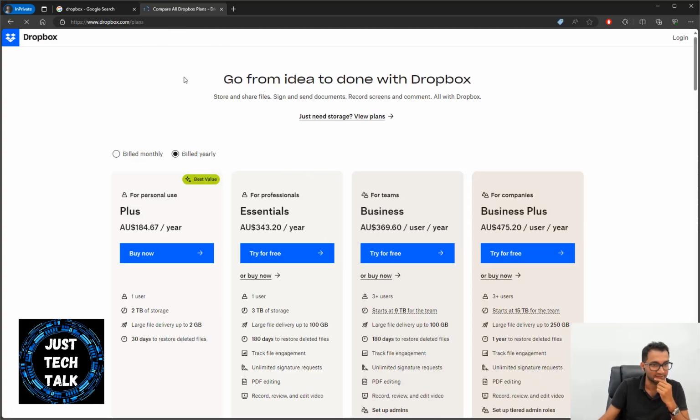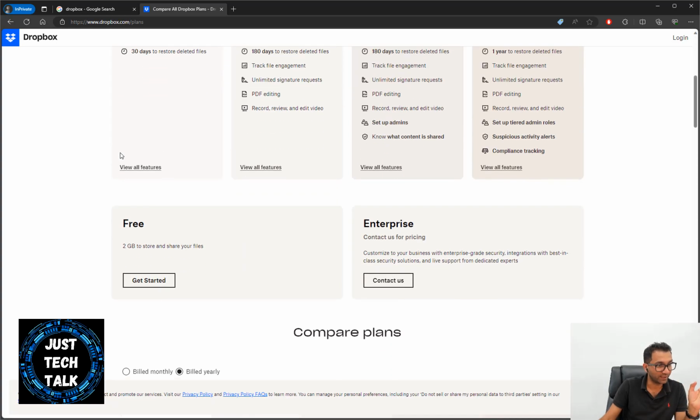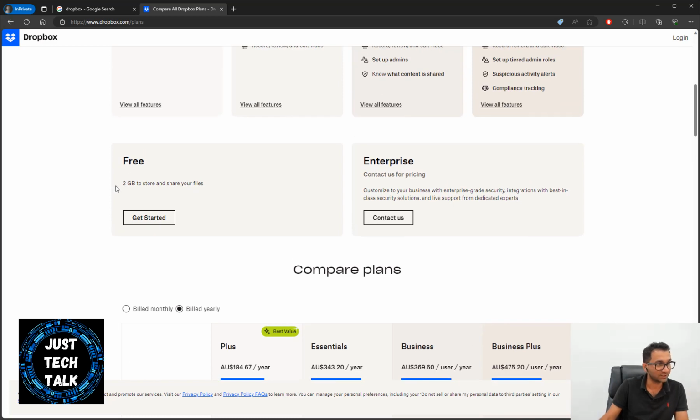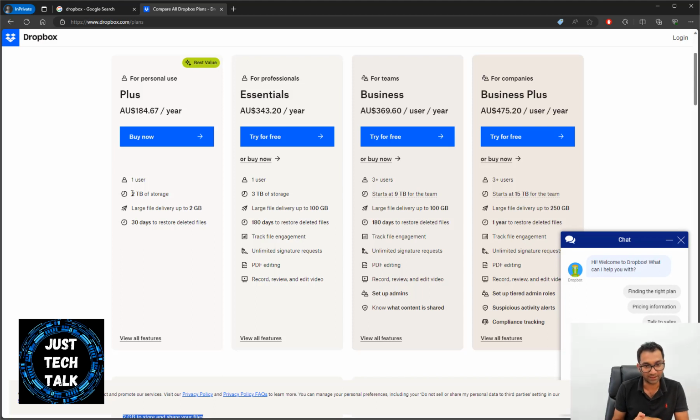When you go to the pricing section, there's Dropbox Basic, which is the free version, which gives you 2 gigabytes of data, and you can use it for your personal things. For example, if you're a uni student, you can use the free version just to store files. Or else you could go with the Personal Plus account, which gives you 2 terabytes of data and only 1 user, and that's generally plenty for you to start